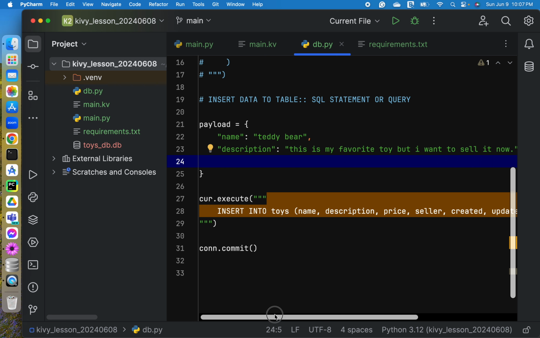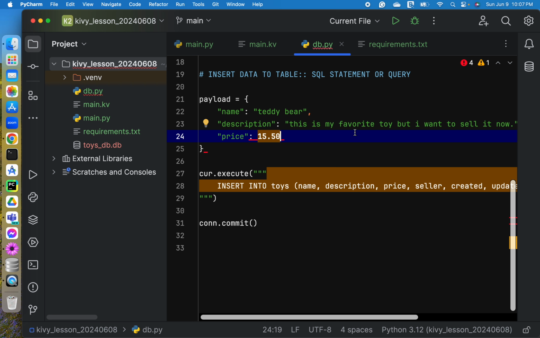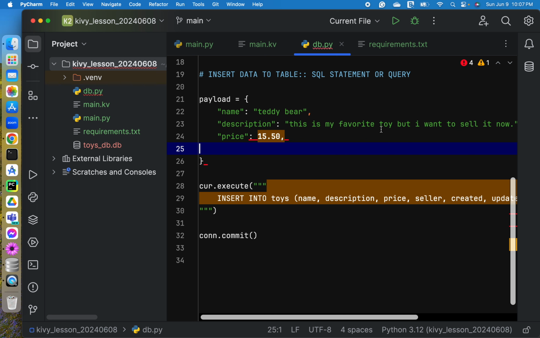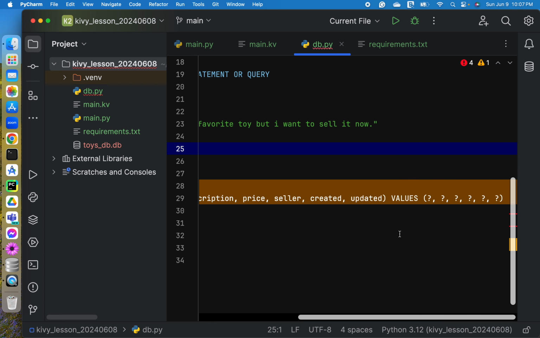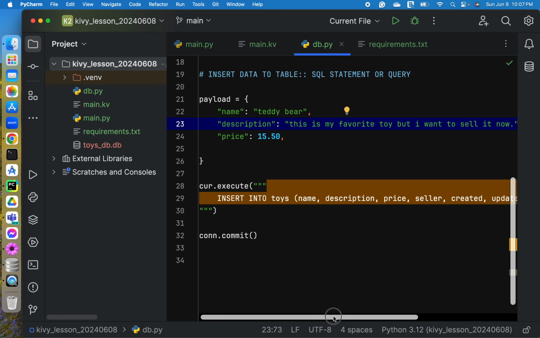Okay, next. So the price, remember that the price is numeric, so don't put any single or double quotes. So let's say, for example, the teddy bear, I want to sell it like $15.50. Okay, never forget the comma.